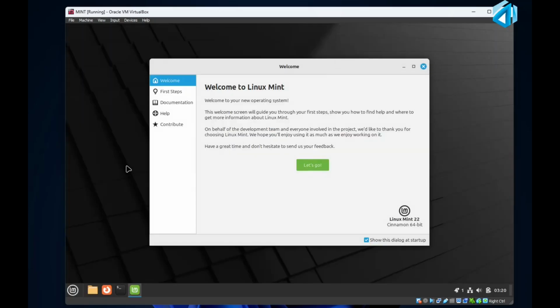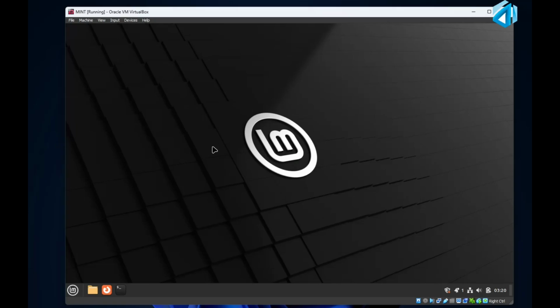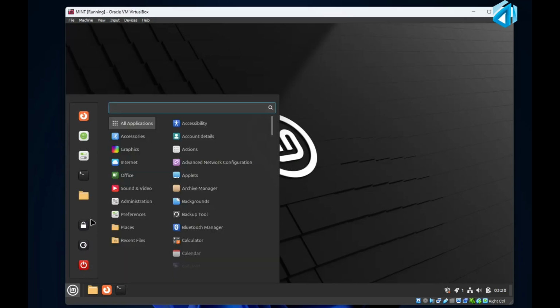Here we have the welcome screen. Okay, we have first steps, documentation, help, contributions, and we have Linux Mint with Cinnamon 64-bit. We don't want to show it every time on startup. We'll just close it, and here we have our desktop. Now we will personalize it according to ourselves, based on you. We'll go to settings